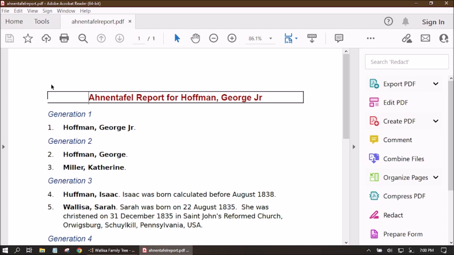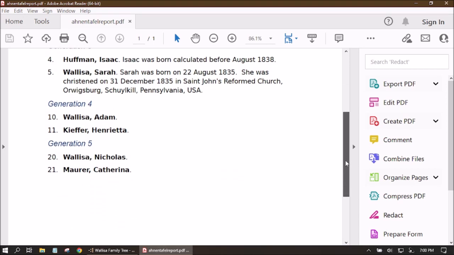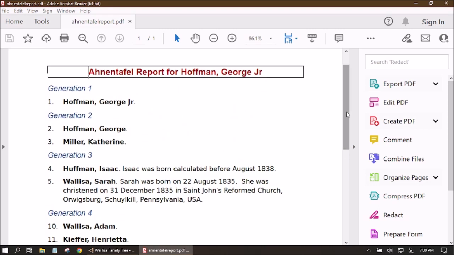It has a border here as we selected. Each of the generation headings are blue, and the individual entries are black as we left as default. So as you can see here, generation 1 is George Hoffman Jr. If we double his number, it becomes his father, so 1 plus 1 is 2, George Hoffman. If we double his number and add 1, so 1 plus 1 is 2 plus 1 is 3, so here's